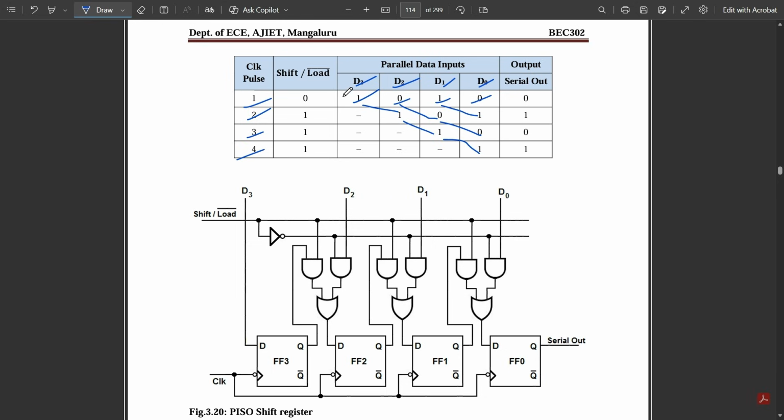Okay, so you see here what happens. Firstly, the shift load, that is optional, but you see here, firstly the data initially sent in D3, D2, D1, D naught is 1 0 1 0. Parallel data is sent. Okay, then you see here at the final stage, whatever D naught is there, that would be the output, because